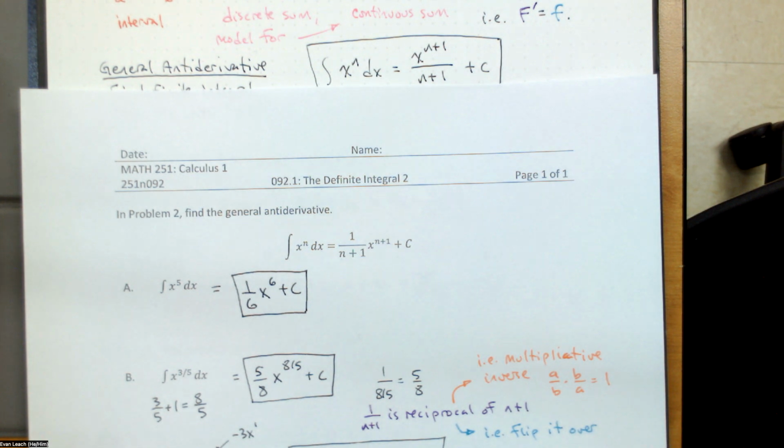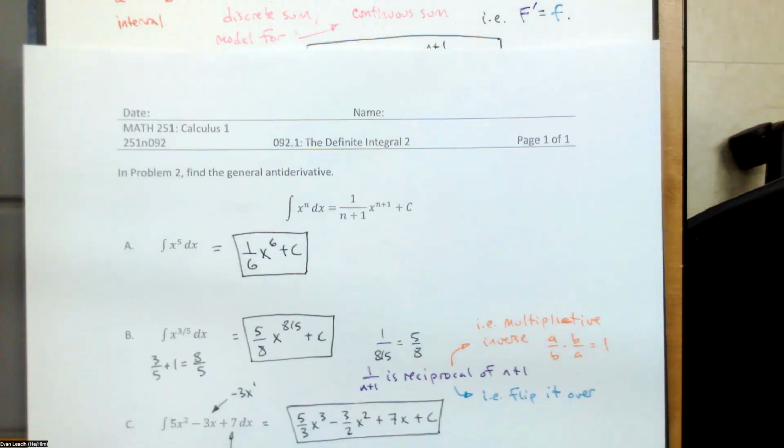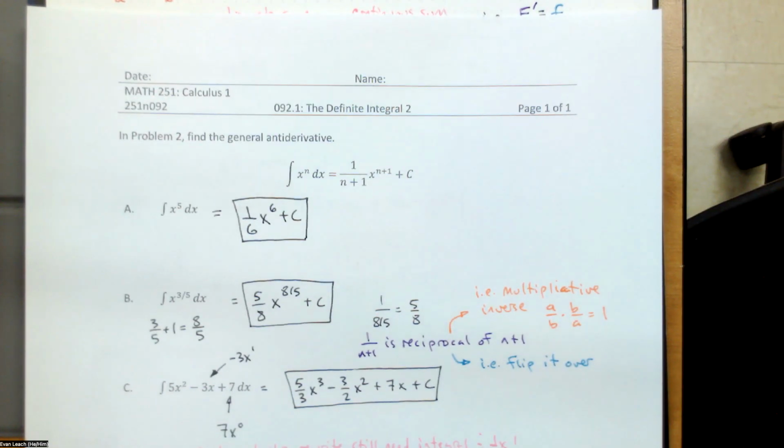In problem number 3, there were just 3 terms. We want to make sure that we read an x by itself as x to the first and the 7 as 7x to the 0. More importantly, we just want to know what happens to an x when we integrate it. The integral of x is 1/2 x squared. The integral of a constant is just the constant times x. But if you need a way to think about it,